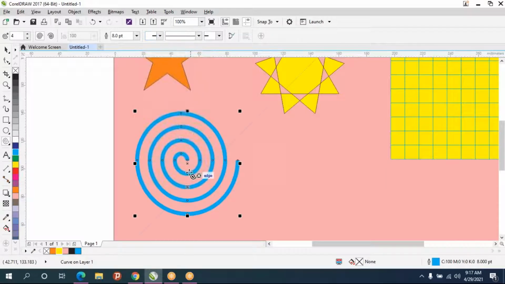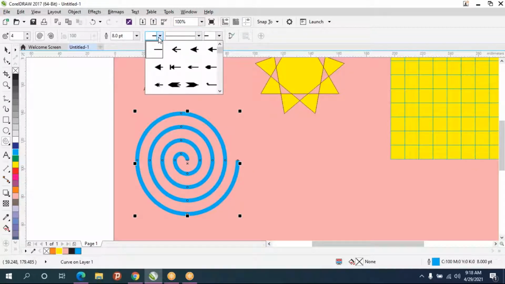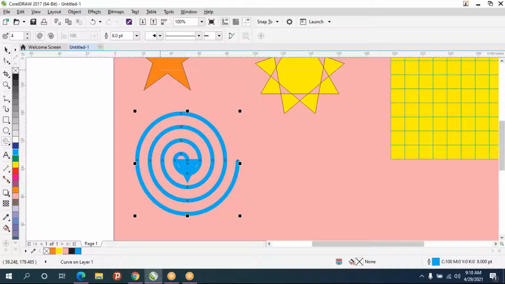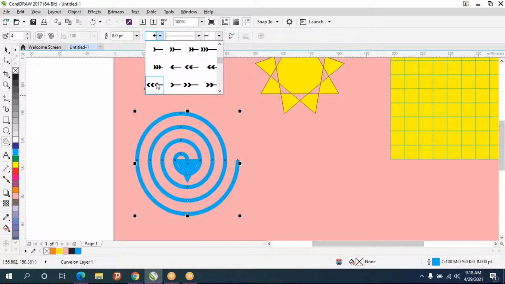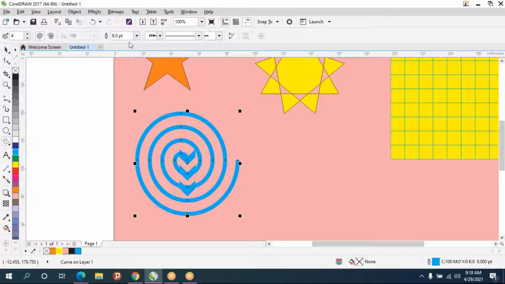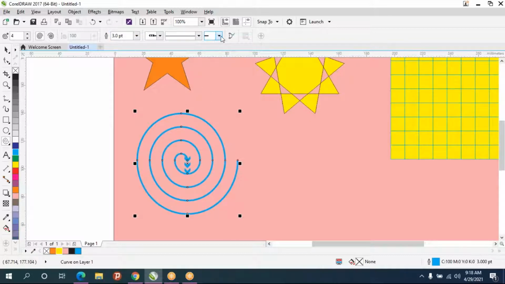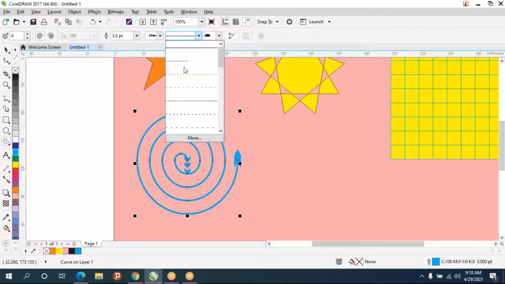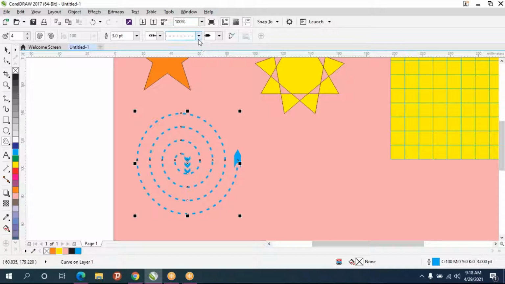So you can give some design for the starting and the end. This is like the start point. You can give some arrow symbol. So we have some different types of symbols. You can use that. I'll reduce the stroke value, and this is for the end point. And you can give some dotted line like that also.